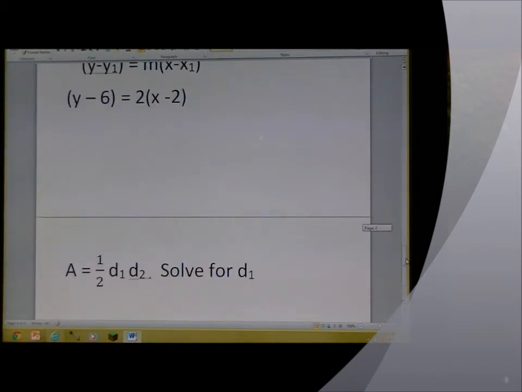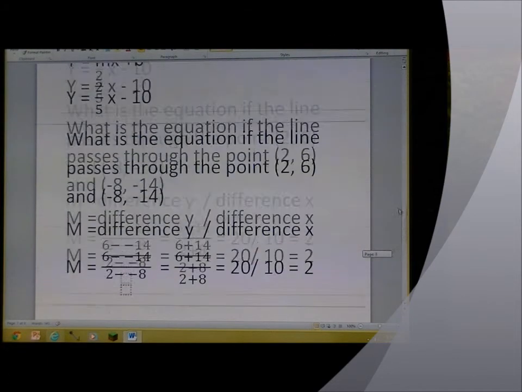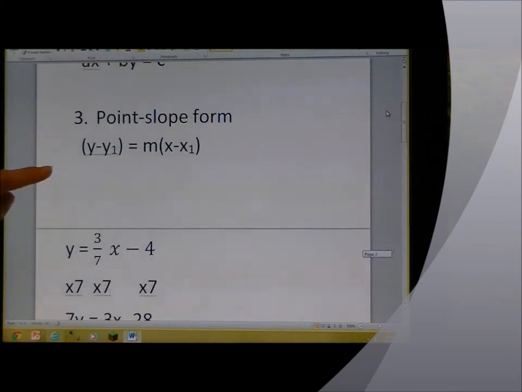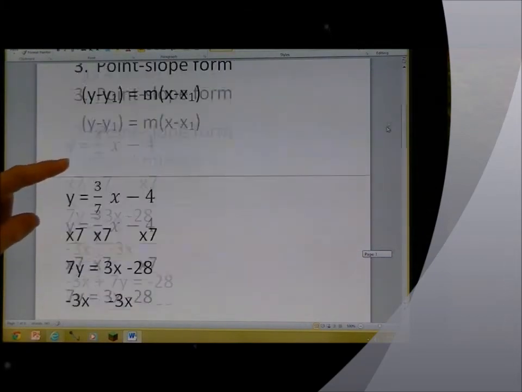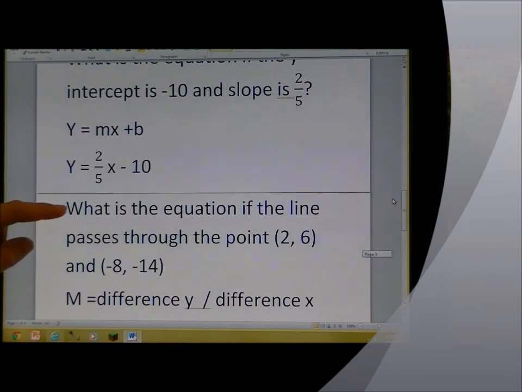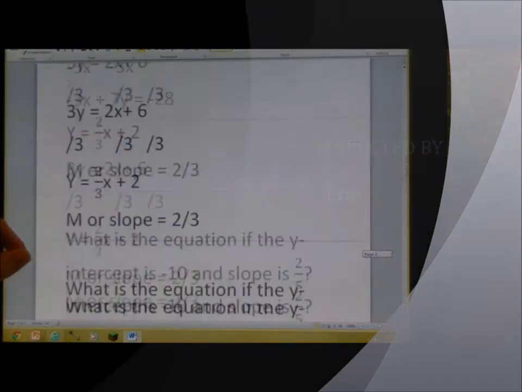Okay, one last idea. So one thing we've done is rearranged equations in order to get things how we wanted them. Like we rearranged this equation up here, or wherever it was, this one. So that same kind of